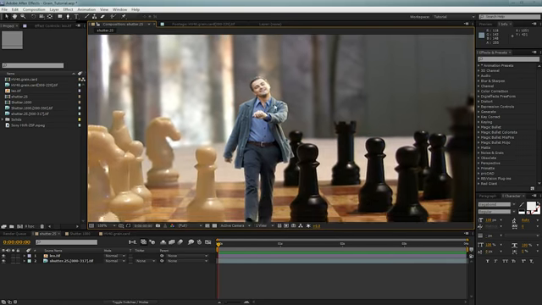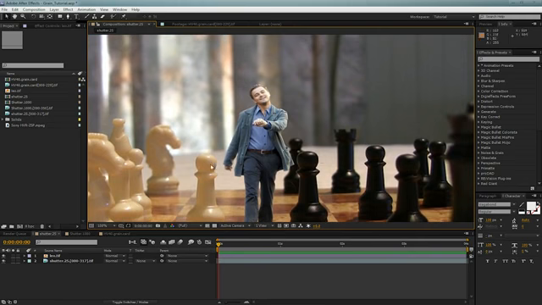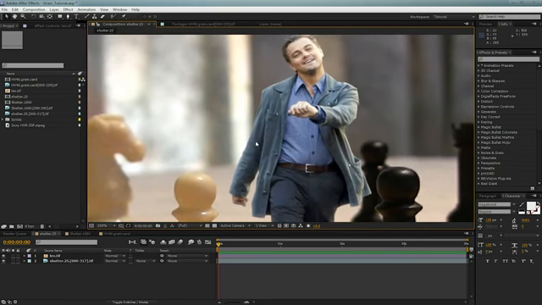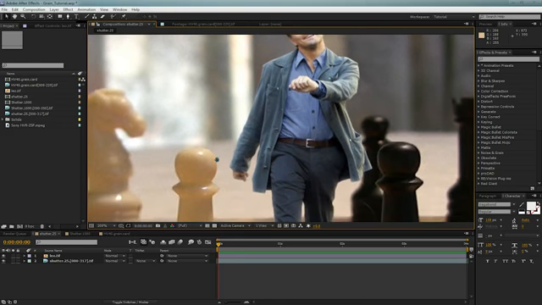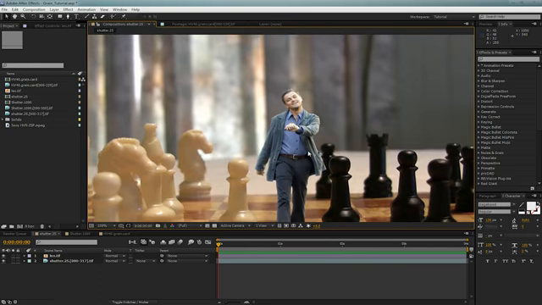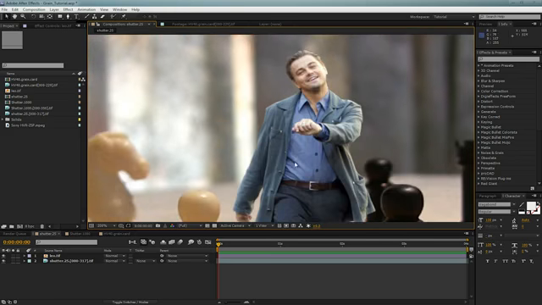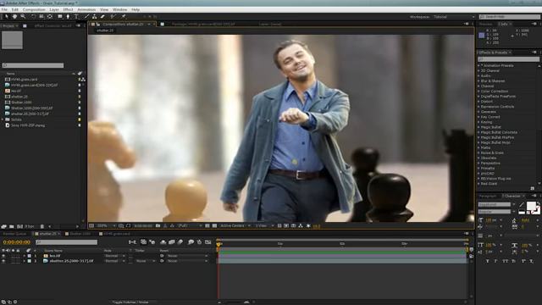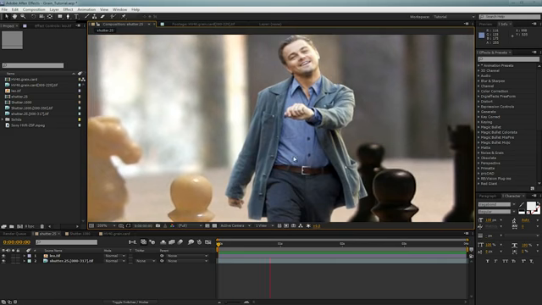If we look at something that's about the same Z depth, if this were a 3D scene, to him, such as these two chess pieces here, you can see that even they have quite a bit of grain. It's more noticeable in the lighter areas, and he really stands out. Well, even if his grain did match the scene, he does stand out because it's Leonardo DiCaprio in a chess environment. But he stands out quite a lot because